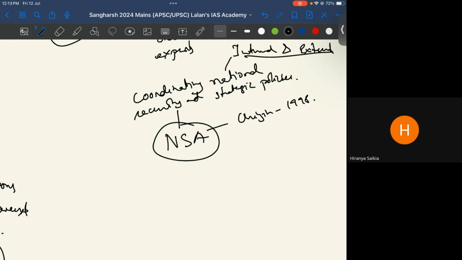So কেতিয়াবা কোৱেশ্চন আহে এইটো যে maybe he is too much internally বা externally, চাইনাৰ লগত পাকিস্তানৰ লগত